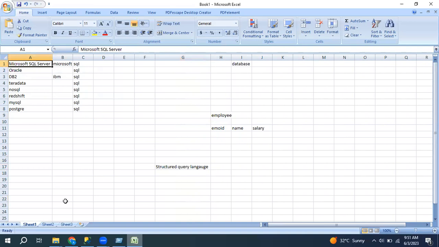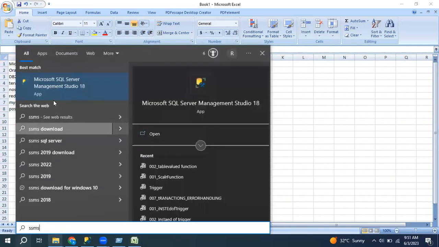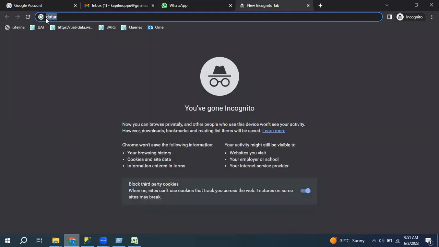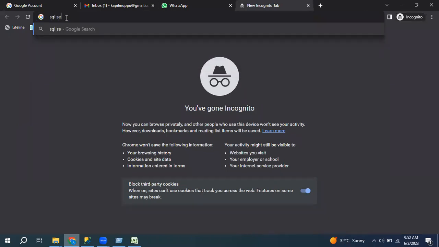So initially, where do we need to work in Microsoft SQL Server? We need to install SSMS, SQL Server Management Studio. So everyone, open your browser and search for SQL Server downloads.